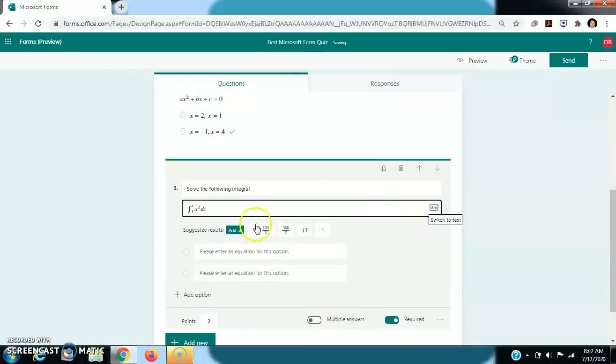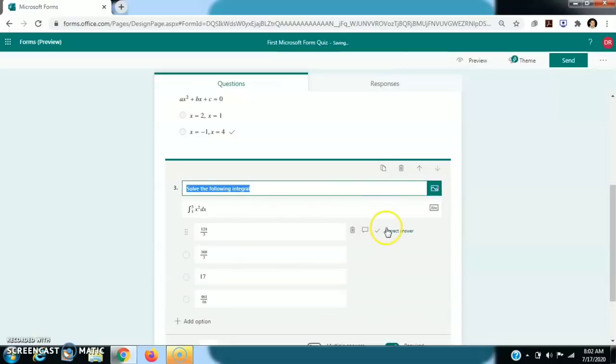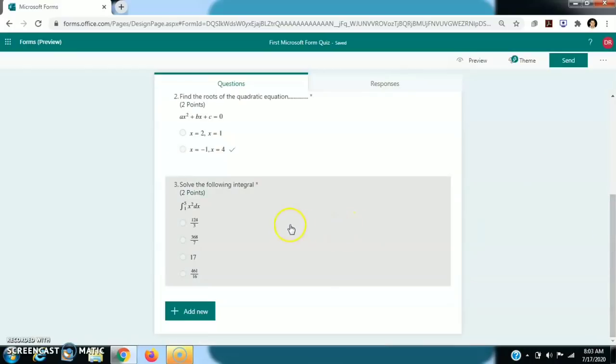I click over here, then we get the following integral. The most important feature is it shows all the options here, and also it suggests the correct answer. It is done by using artificial intelligence technique. I click on correct answer. So in this way we can add the LaTeX code questions.